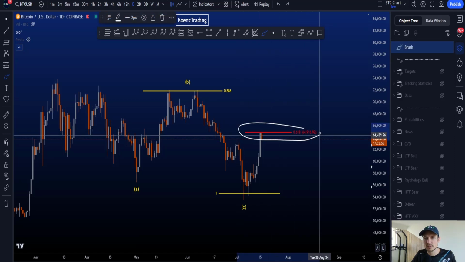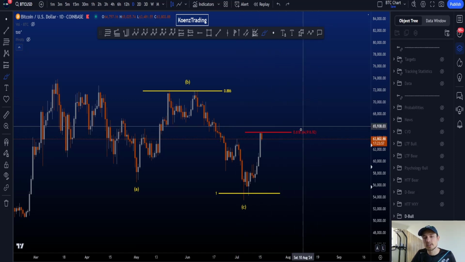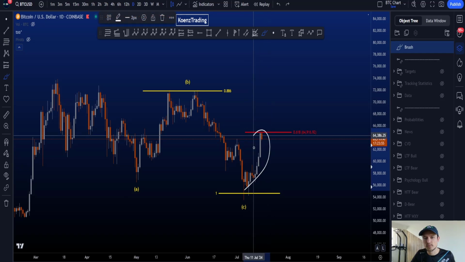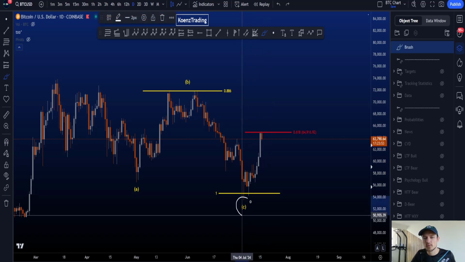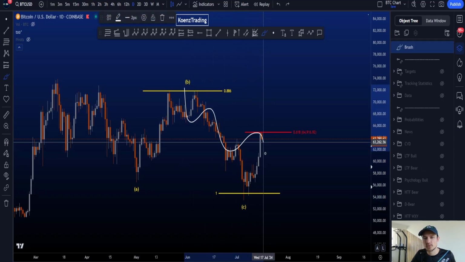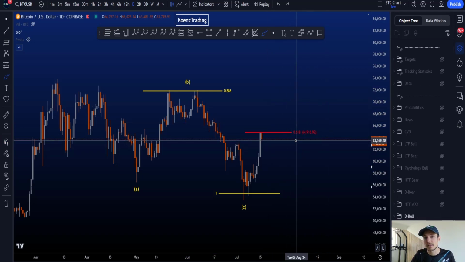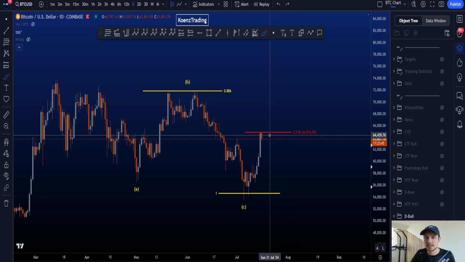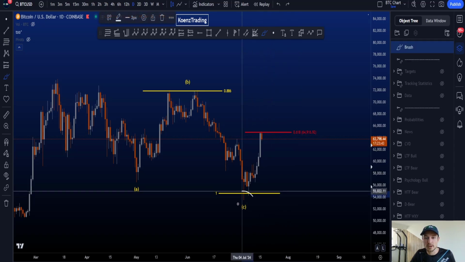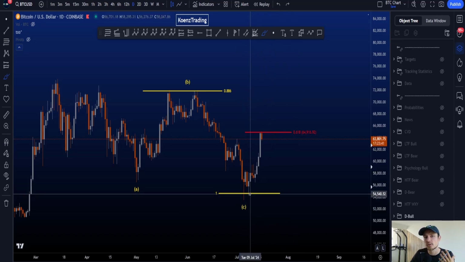also hit the 0.618, and that is important because if we were looking for this move towards the upside to be a wave 4 of a C in a bigger 1, 2, 3, 4, 5, then the 0.618 acts as an invalidation for a wave 4, and therefore preferably your wave C is now finished if we're looking at a